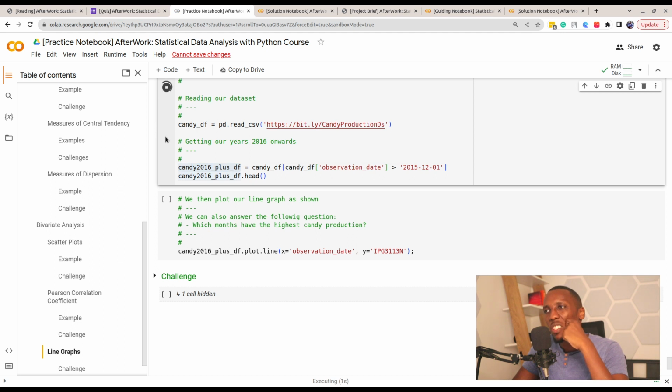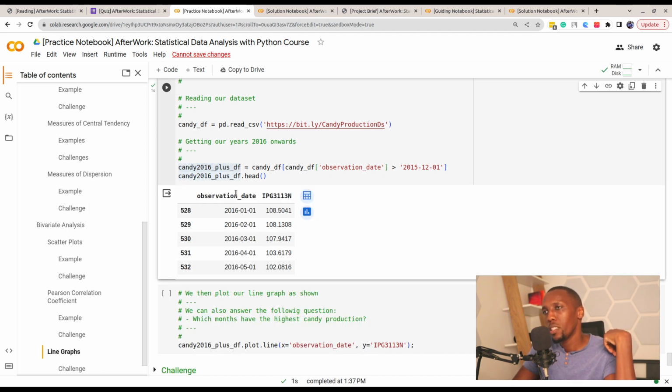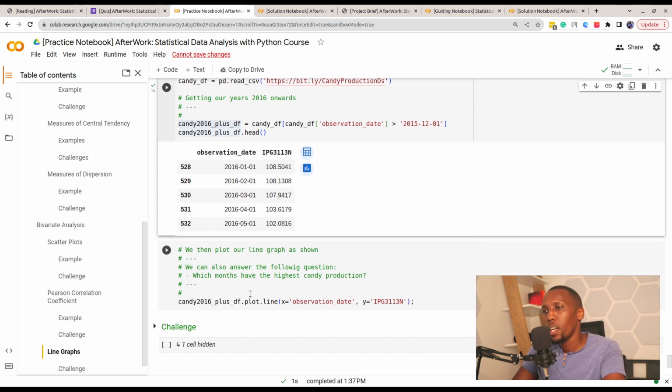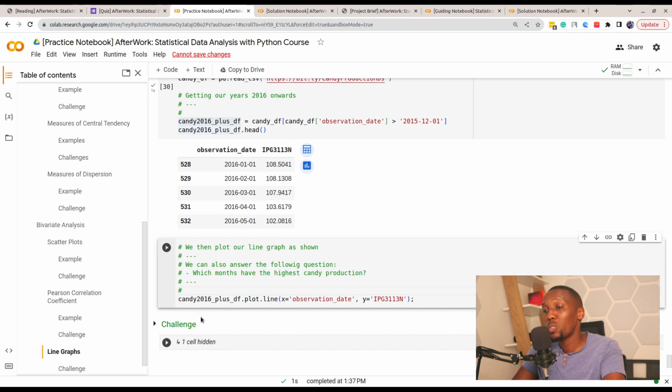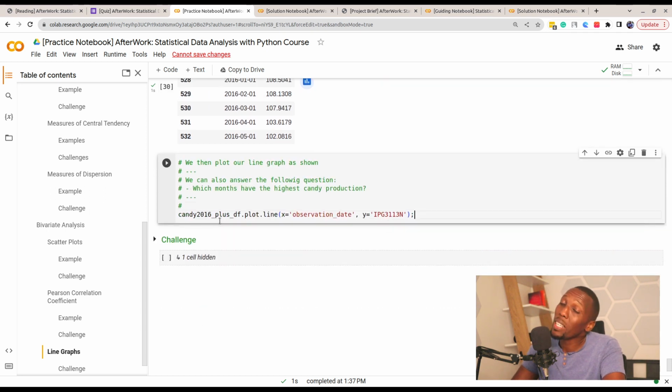For just understanding what's happening, this is what we have from 2016 onwards. This is the first 5 records, and then we can plot a line graph. We're going to just use pandas. You can still use matplotlib or even Seaborn, but we just use pandas for ease of learning. So plt.line